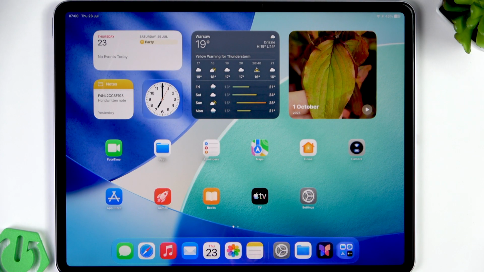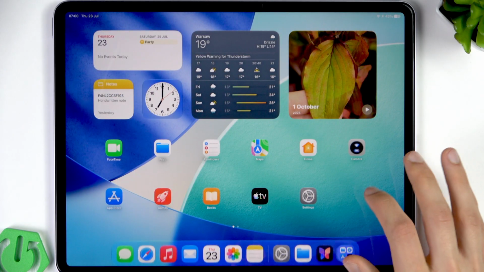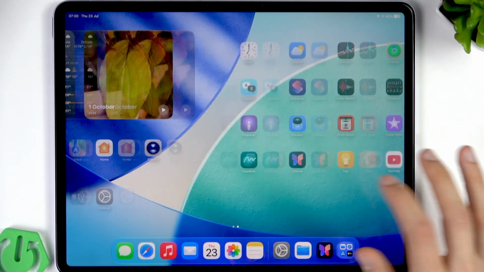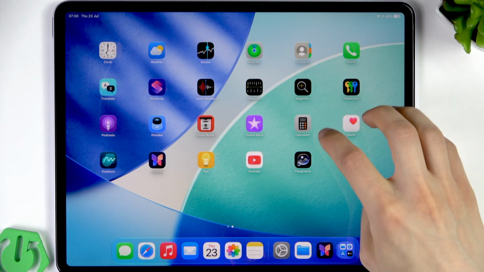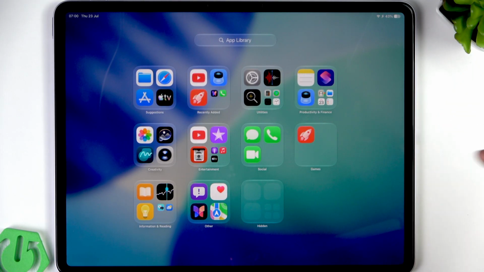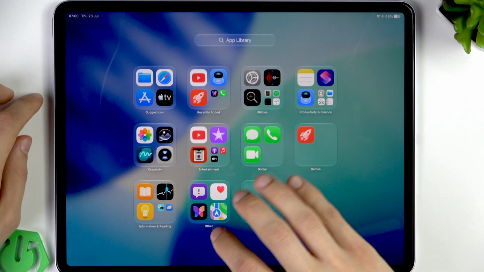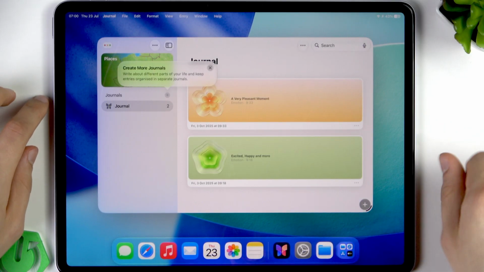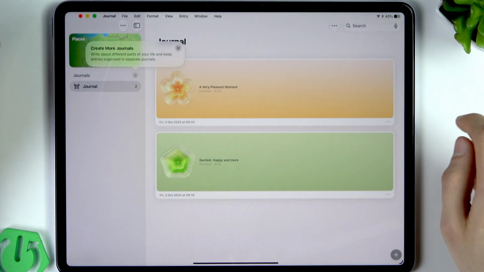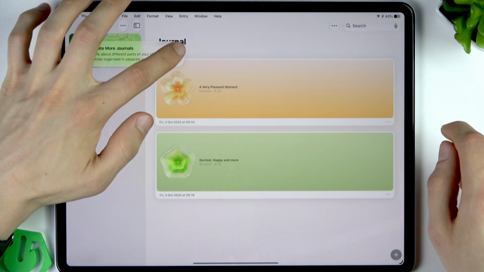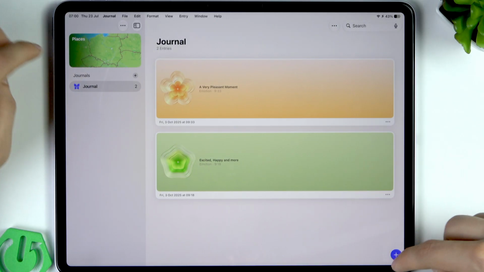So the journal application is your personal app where you can share some insights from your life and track your progress, for example, or just share your experiences so that you can recall them later. You can find it in your apps menu easily, and in this application you can create a journal by tapping